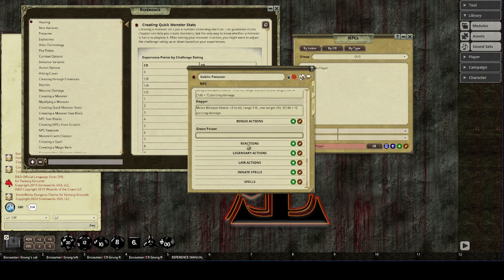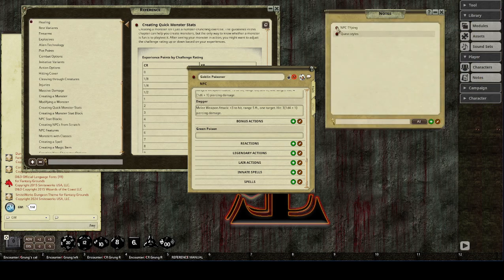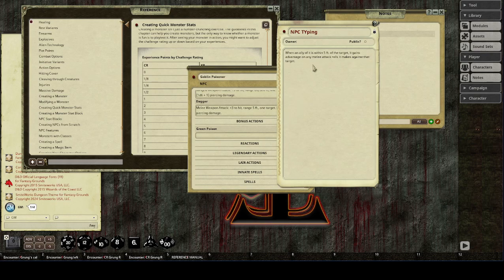So, bonus action, green poison. I am going to actually go back over here, do the NPC typing. That way I can